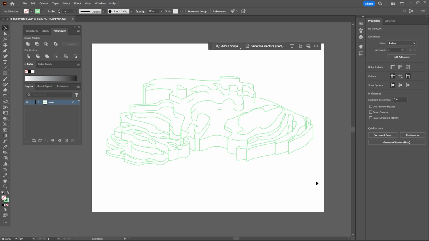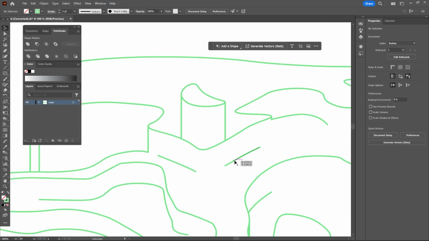Looking at this drawing of my model, I can see a few issues that I would like to correct before I start coloring this in. Some of the lines are missing in my model. Some of the lines are overlapping, like here and here. And that's okay because I can edit it here in Adobe Illustrator. So I'm just going to zoom in, hitting Control plus. I just want to have these lines connected.